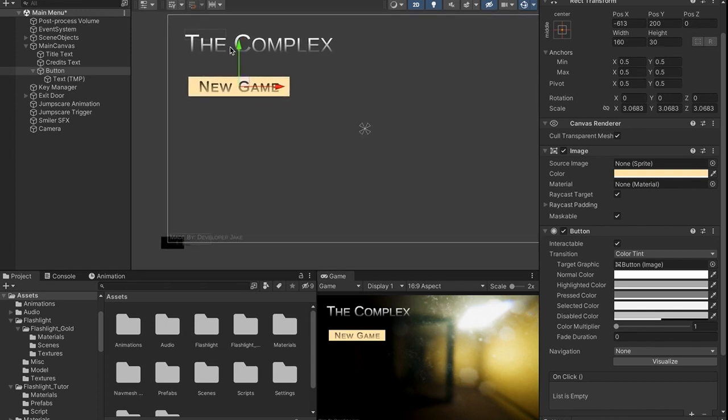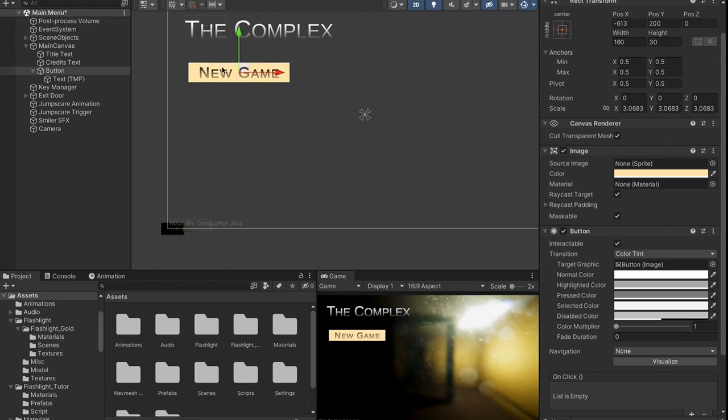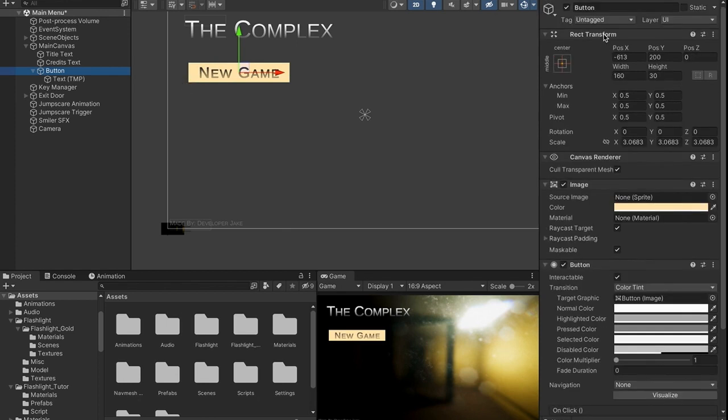So definitely feel free to watch that when you get a chance. It's pretty simple. But because I'm not doing that in this tutorial, I'm just using the default font, so I have to do what I can to make it look better. I'm going to come up to the inspector, and I'm going to rename this to be the new game